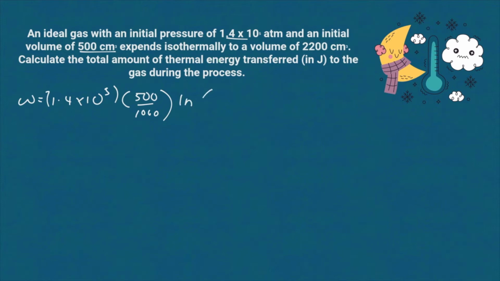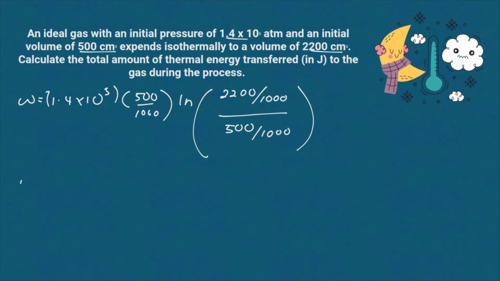So ln the final volume, which is 2200, same goes, divided by 1000 to convert it to liter, and the initial volume is 500 divided by 1000 as well to convert it to liter. So you shall get your W is equivalent to 7 times 10 to the power of 4 ln 2.2 divided by 0.5, and therefore you shall get your W equivalent to